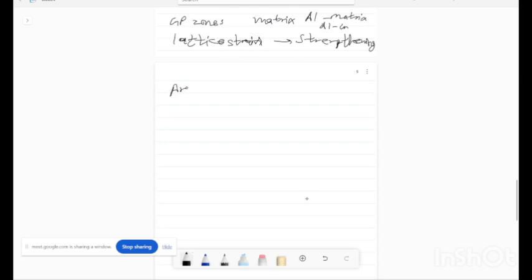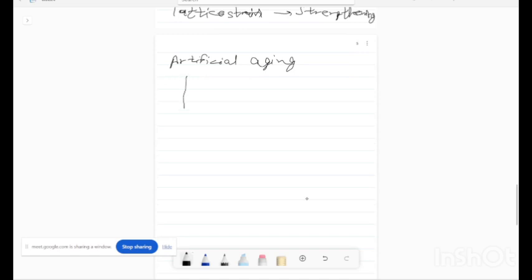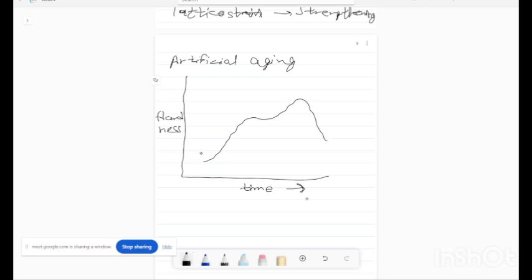And now we will discuss artificial aging. So if we plot a diagram for the hardness versus time, the general curve looks like this. So at the starting of the curve,